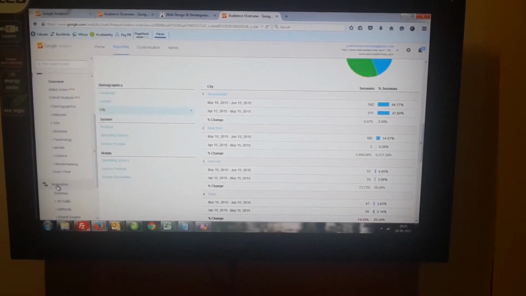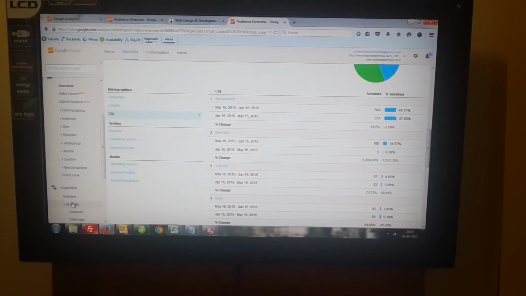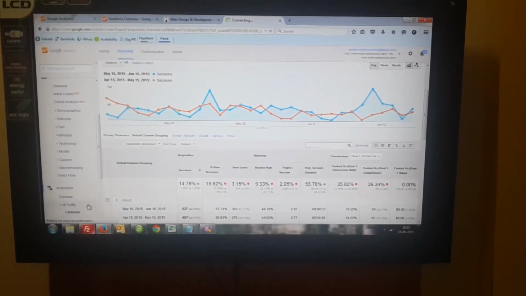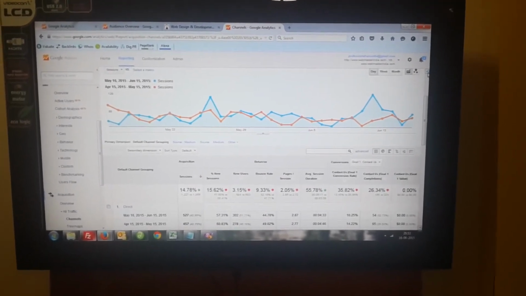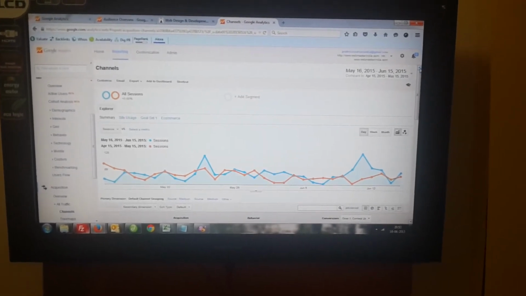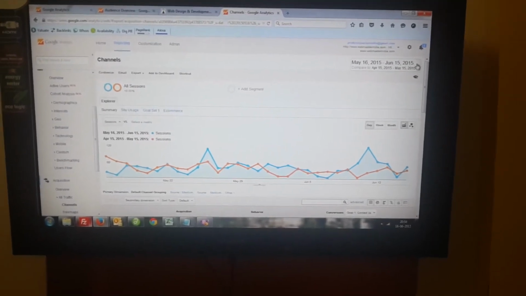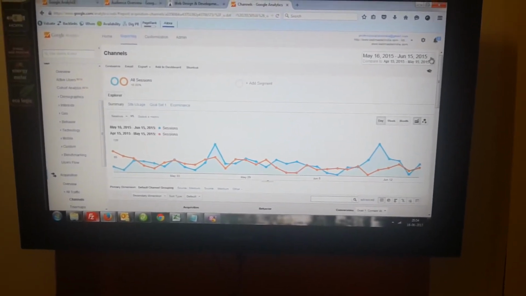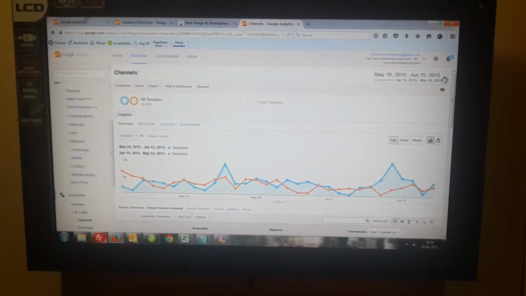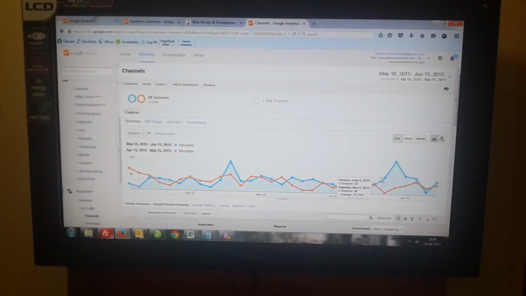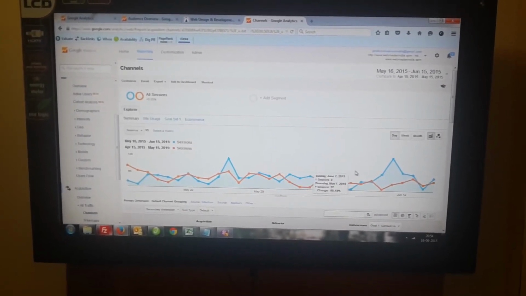The second option is all traffic, meaning what type of traffic is coming to your website from different channels. Then you need to click on acquisition, all traffic and channels report. Here it is the same pattern that we have seen in the audience report. By configuring this parameter you can check the traffic analysis on a monthly or weekly basis. Here, this is the daily basis graph you can see on the monitor.